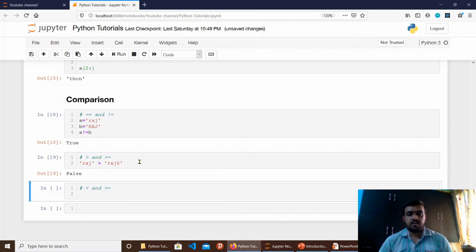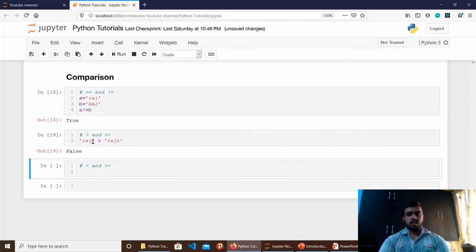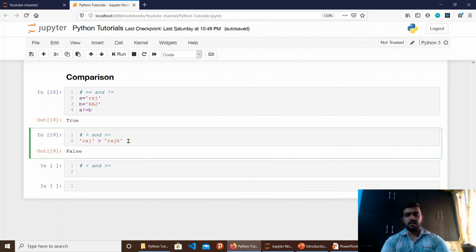So here it will first check the first character. If the first characters are same, then it will go to the next character in both strings. If they are also same, then it will go up to the end. And if at a point both characters are not same, then it will check their ASCII codes. Whichever ASCII code is greater, we will get the result according to that. Like here, all the first 3 characters are same, but in the second string we have this K letter appended at the end. So alphabetically and dictionary wise, this string will be at a higher index than the first string,